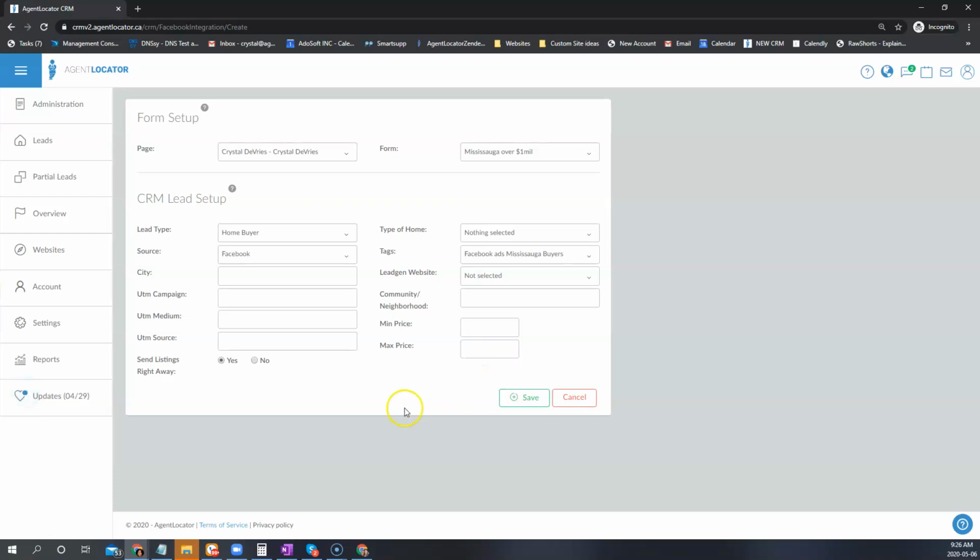Now, when that lead comes in, we need to specify the listing criteria. So we are selecting sending listings right away. It is highly encouraged that you do that. These people are signing up for listings. You want to get them that information right away while they're in that current mindset. We then need to tell the system what city those listings should be coming from. In this case, it's Mississauga,